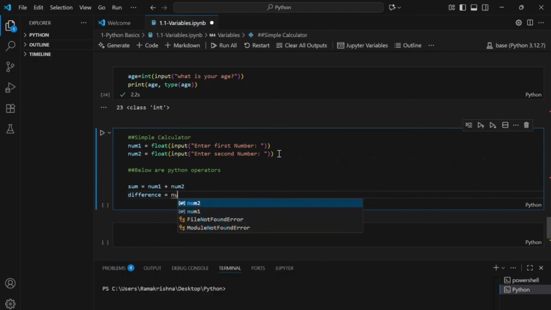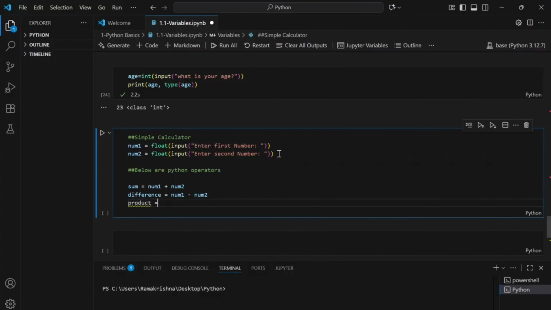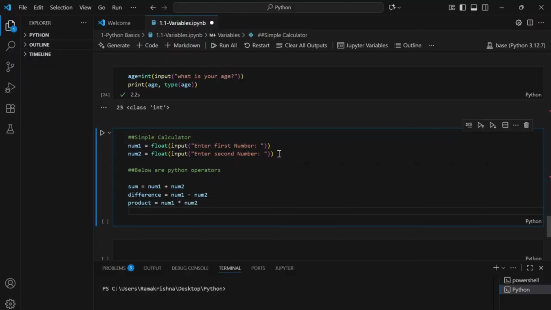Difference, I'll be writing num1 minus num2. And then product, I'll be writing num1 multiplied by num2. And then quotient is equal to num1 divided by num2.